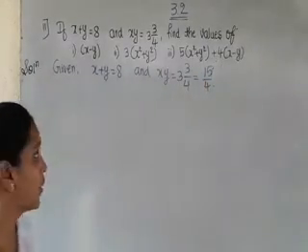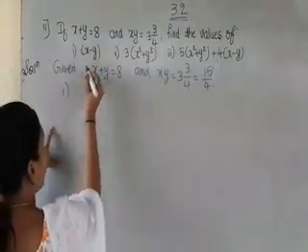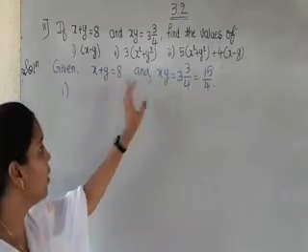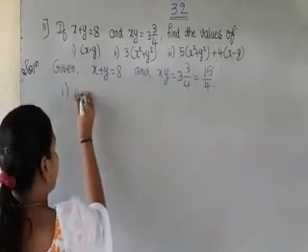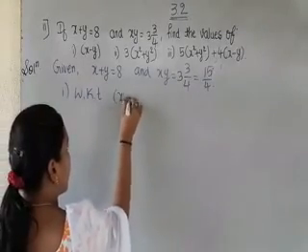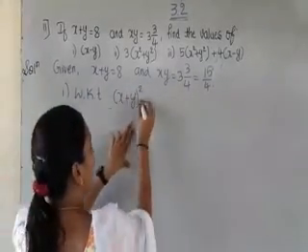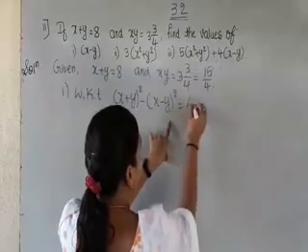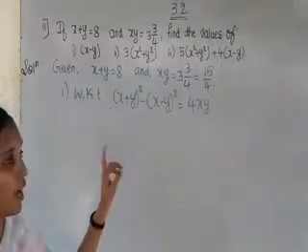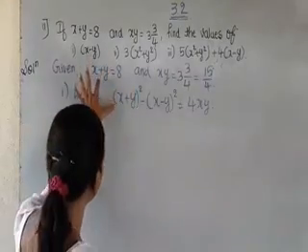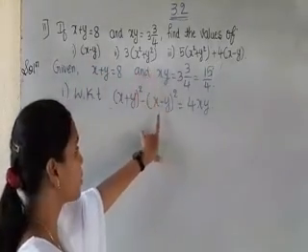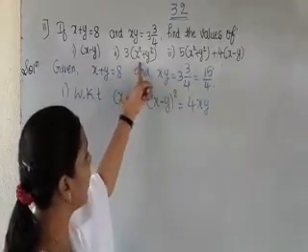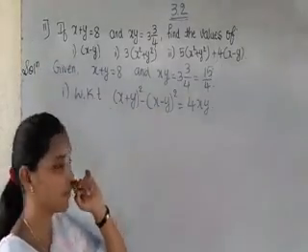Okay, so first one, what we have to find? x minus y. Given the x plus y value and xy value, we can use this identity: (x plus y) whole square minus (x minus y) whole square is equal to 4xy. Understood now why I am using this one? Here they have given the x plus y value and xy value. They asked to find x minus y value. So that is why I am using this formula. Suppose first only they asked this value, then we would have to use the plus identity. Okay. So substitute the values here.